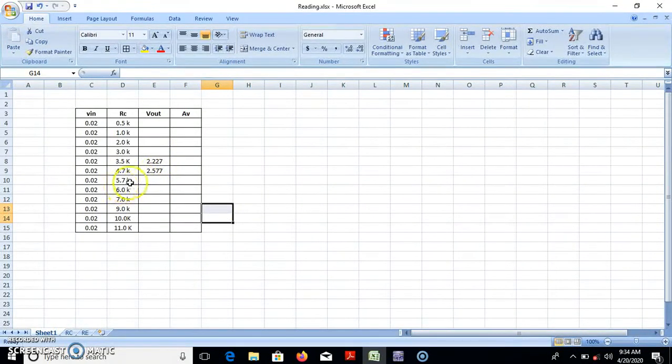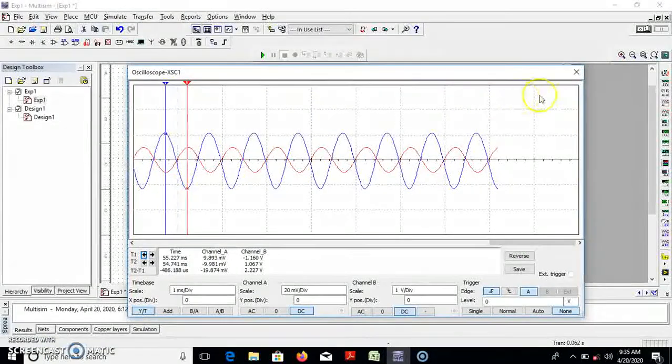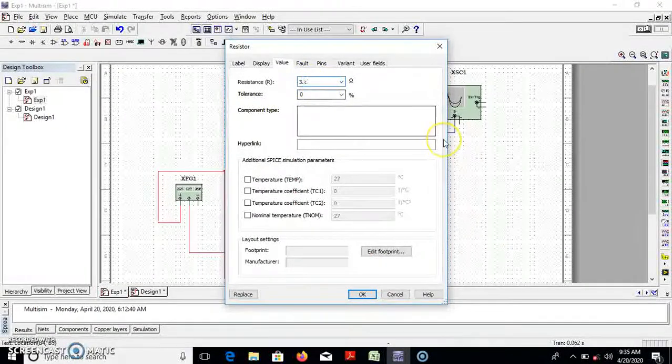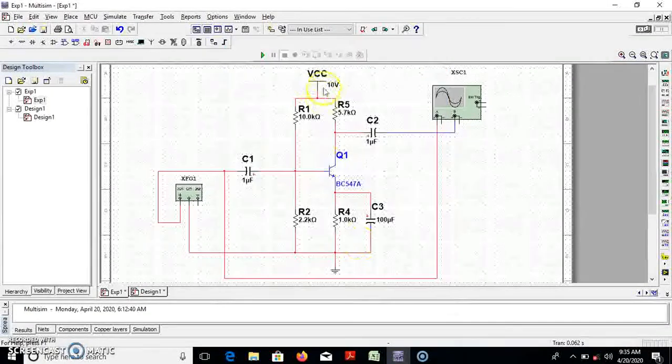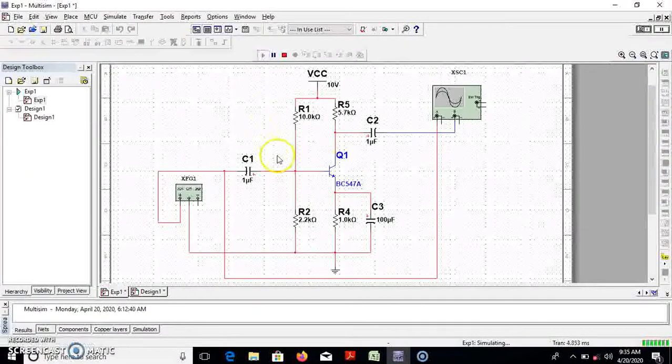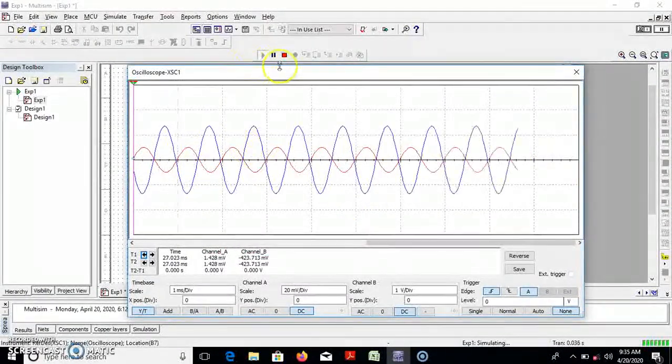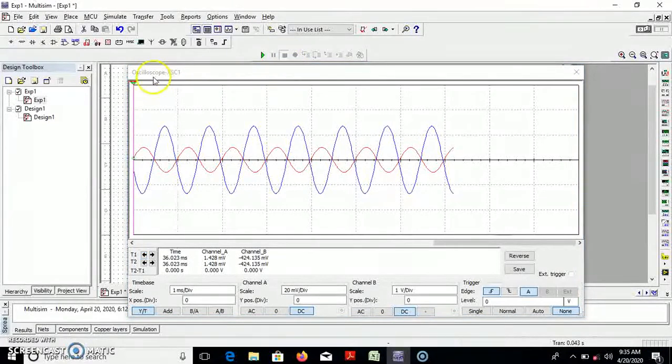Now in a similar way we select the value of RC as 5.7K. So close this, double click on this one, and set 5.7K. Okay, once again simulate, run this, double click on this one, stop this, and measure the peak to peak value with the similar procedure which I explained.